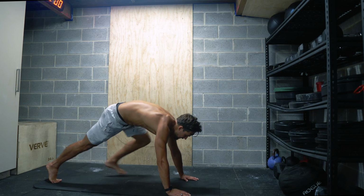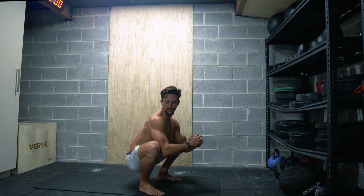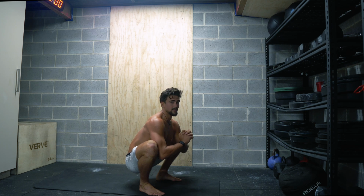And now we're going to step left foot, right foot, and go into a squat. You're going to hold a nice deep squat here, and we're just going to hang out here. Okay. If your hips are loose enough, if you've been doing enough stretching, you should be able to get this deep